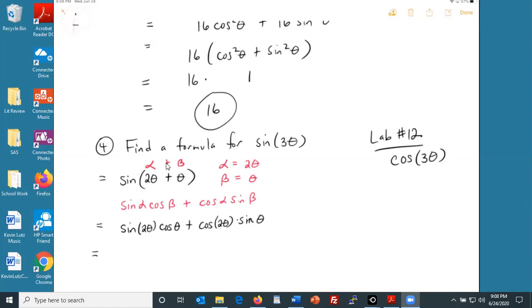Okay, now the next thing is to make a substitution for the double angles. Okay, so that means I'm now going to replace sine of 2 theta and cosine of 2 theta. So sine of 2 theta is 2 times sine times cosine. And then I bring down the cosine that's right after it, plus now the cosine of 2 theta, remember up above,